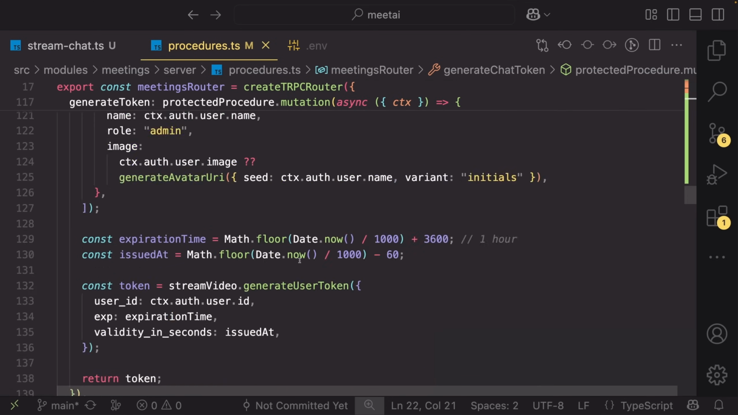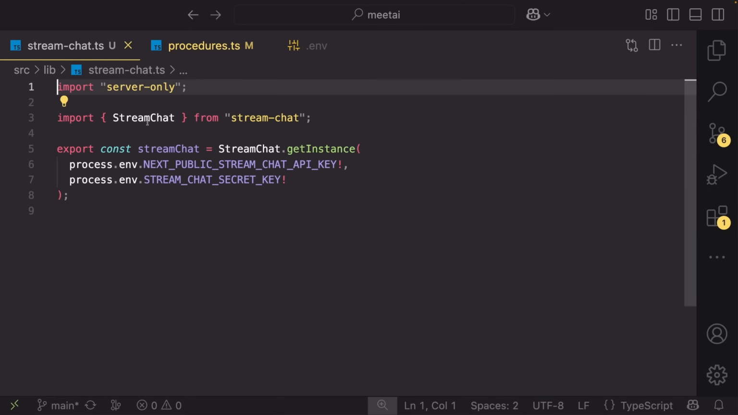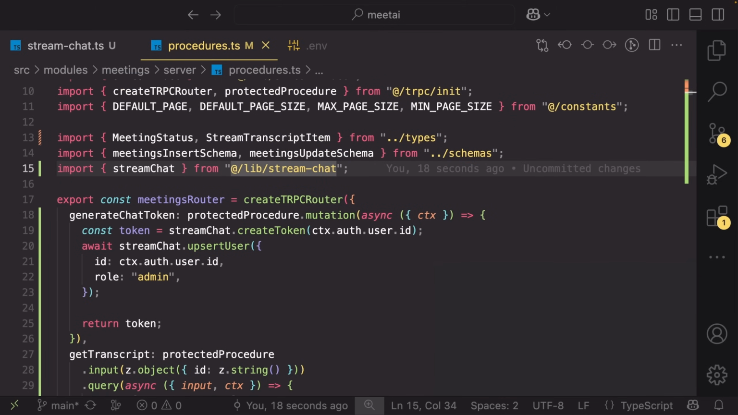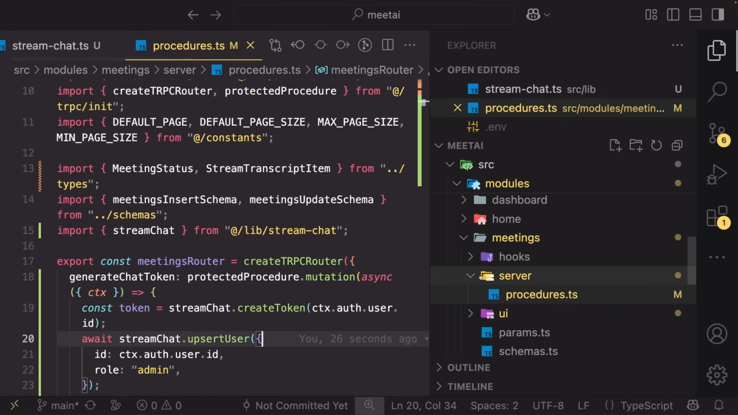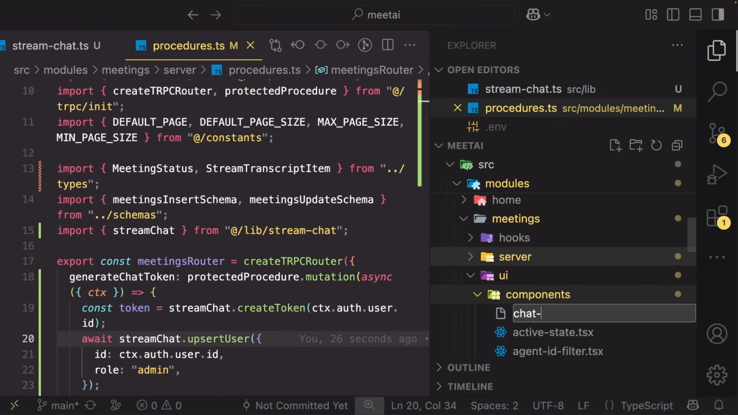There it is. It's actually, this one is even shorter, right? And just make sure you're using your new stream chat library here. Now let's go inside of the meetings UI components here and create